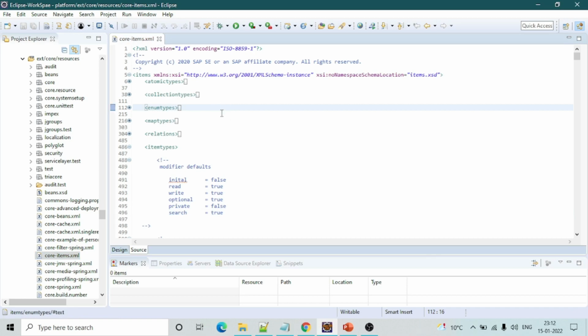During defining the data modeling we need to consider a few things. It is nothing but an XML file which is in XML format. Here we can see the starting tag will be items, and under items this will be the super tag. Under this one we will define all things.